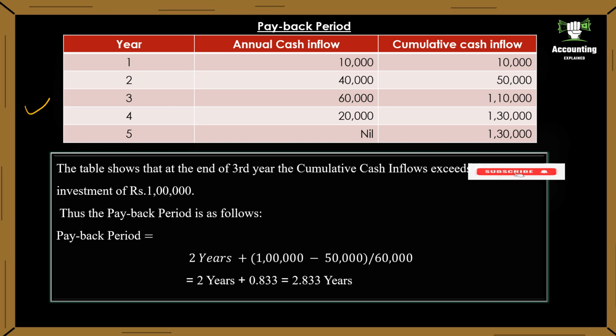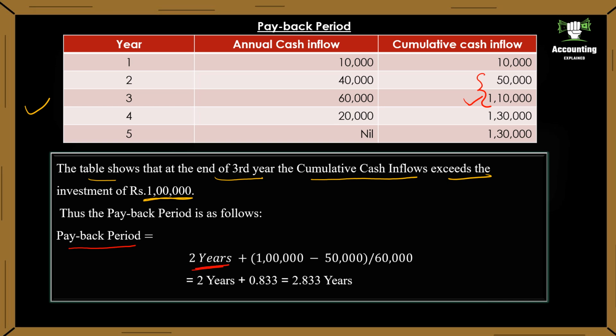See here. So now we are going to proceed with the calculation of payback period. The table shows that at the end of third year, the cumulative cash inflows exceed the investment of rupees 1 lakh. Therefore, payback period lies between second year and third year. Somewhere in between it's going to lie. Thus, the payback period is as follows. Payback period is equal to 2 years. Here 2 years is the base year. So, payback period is base year